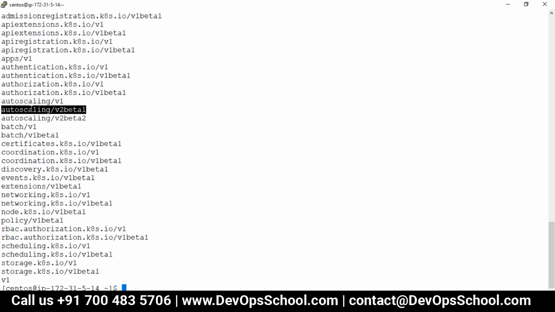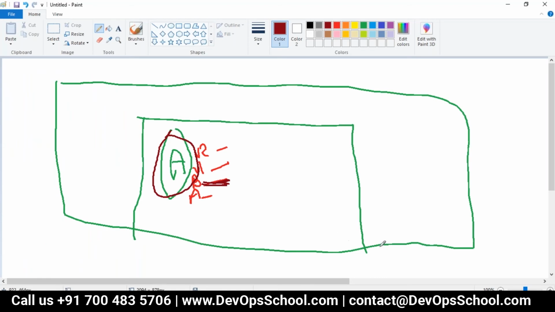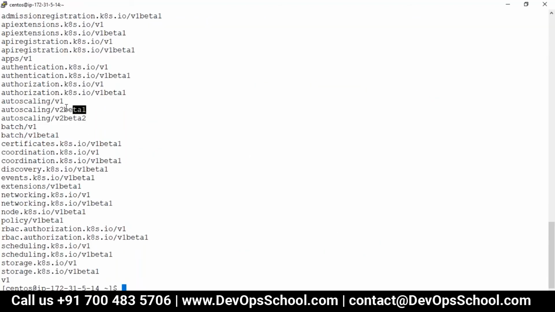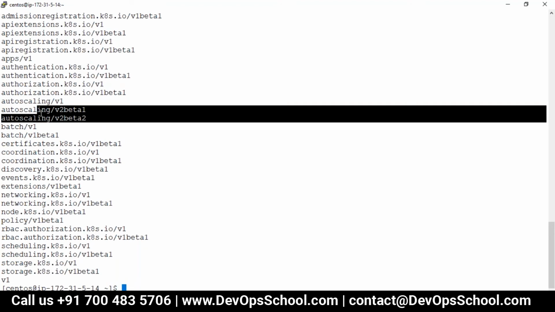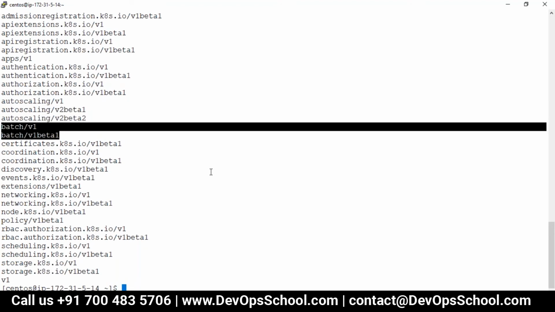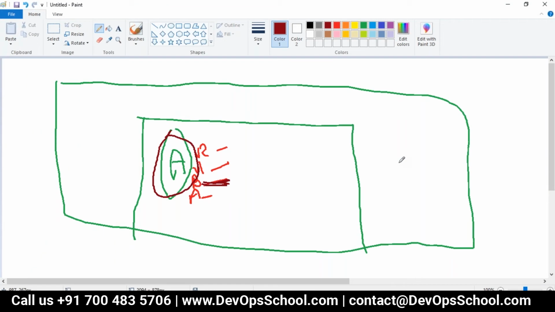So you have to use the version name also. If you do not use it, how will Kubernetes know which version you want? Because here this one also there, this one also there, this one also there. So you have to specify the version. So when you call this through a YAML file, you have to name the API resource name, and then you have to use the version, okay, and you have to use this minimum information, and kind, that's the resource name, kind only. Okay, so this is the way.